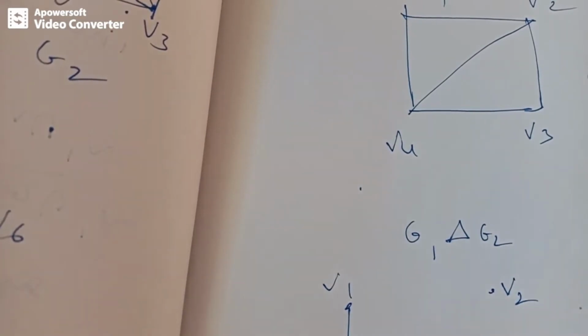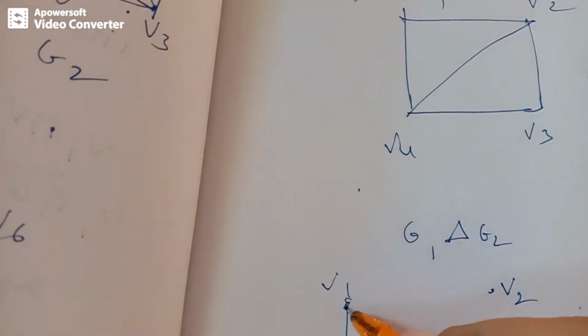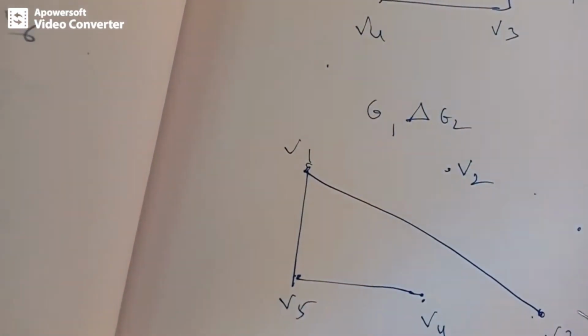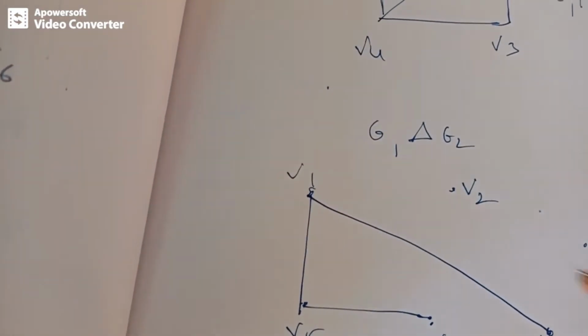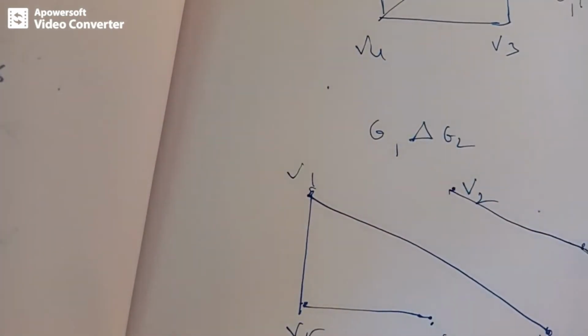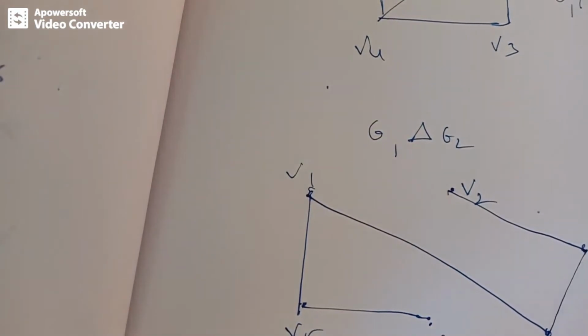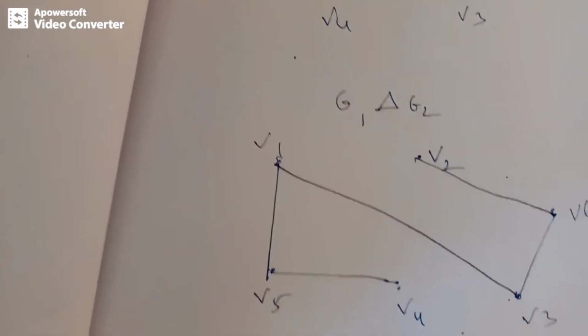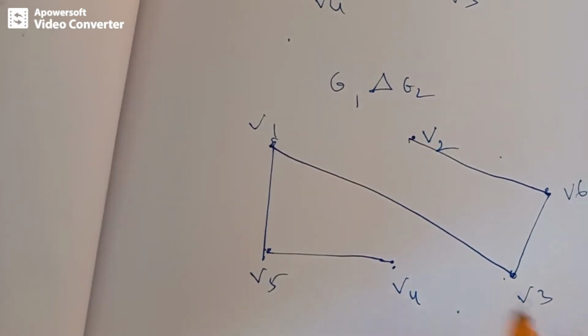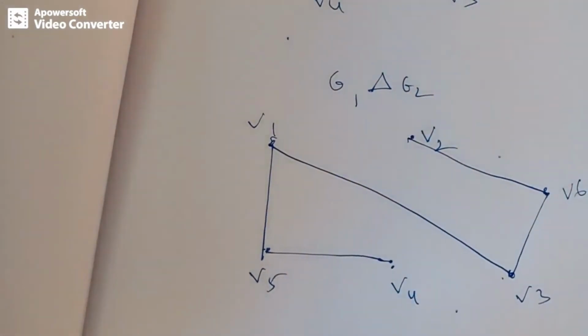Then which is the edge? V1 to V3. I can include this edge, V1 to V3. This edge is not common to both. Okay, then I have an edge V2 to V6. Likewise, V6 to V3. Okay, so this is your symmetric difference between the two graphs and is represented by G1 delta G2. So next, let's see another operation on graphs, that is decomposition.